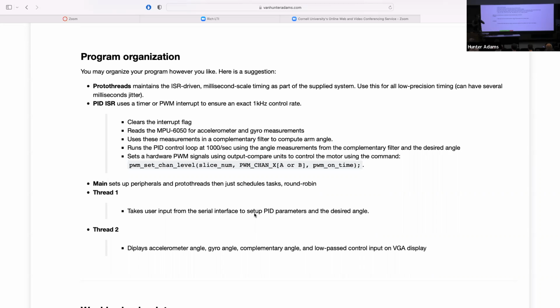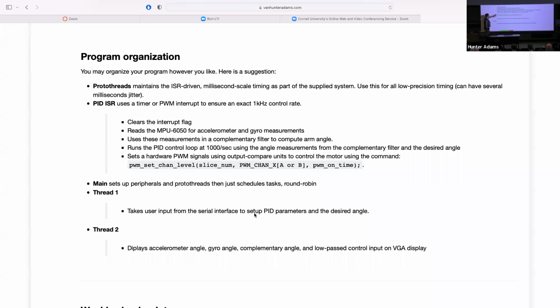And I would recommend scaling that such that the output plot spans your full vertical resolution over the range of plus or minus a handful of degrees where you're actually controlling the pendulum, just so that you can actually see what's going on, as opposed to having it go between like plus 90 and minus 90 degrees where you get just little wiggles down here. It's kind of hard to debug anything like that. So scale appropriately in the vertical direction.